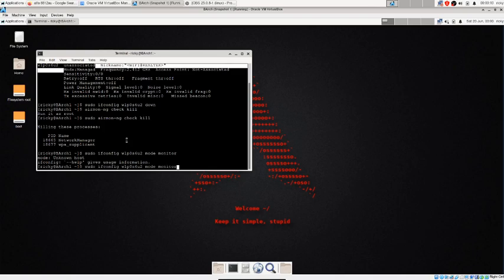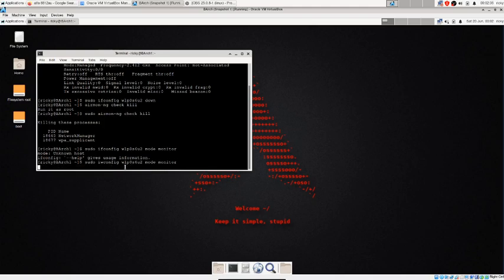Did I type anything wrong? Sorry guys, I put in the wrong command. This one is iwconfig, not ifconfig. Here I made the mistake. Okay, sudo iwconfig wlp0s6u2 mode monitor. So now it has changed to monitor mode.